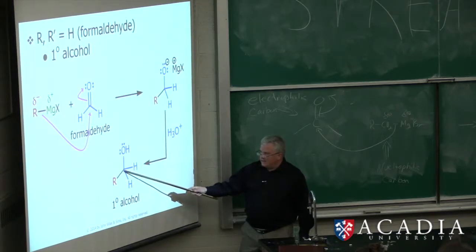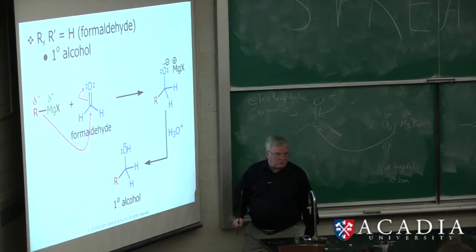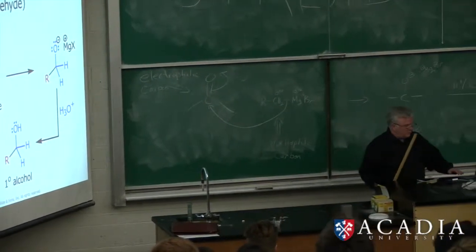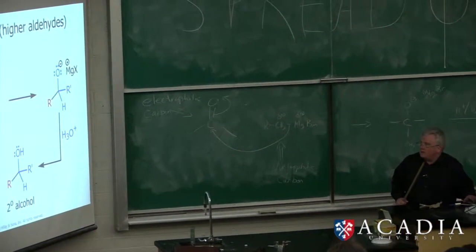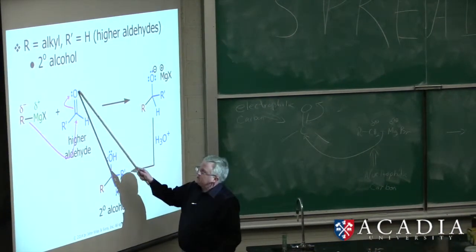So we've added a CH2OH group to this R group. We've extended it by one carbon. We formed a carbon-carbon bond. We can do this reaction with an aldehyde. And with an aldehyde, we will get a secondary alcohol because the blue portions of the molecule,